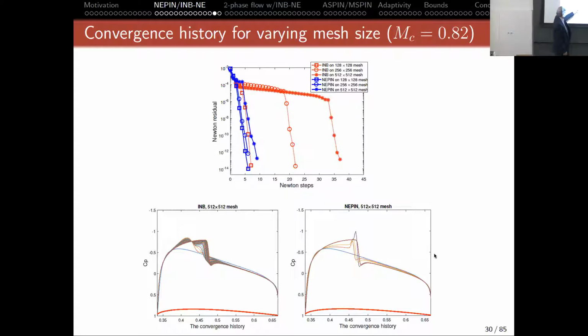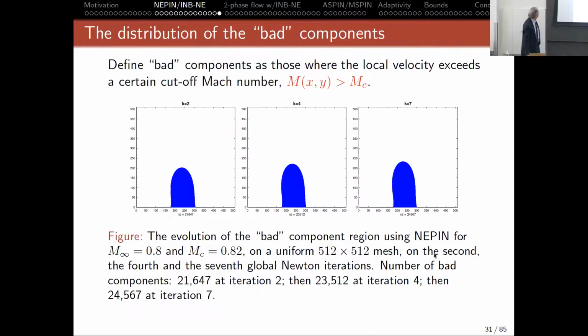A comparison of all the iterates: it's just sort of walking 1 mesh point at a time per Newton correction, throwing away all the work of all those global linear solves, walking a mesh point at a time instead of just finding the shock and converging. And these are on Newton steps 2, 4, and 7, the points that it identified as bad points. So, a rather modest subset of the 2-dimensional field. Of course, if the mesh were adaptively resolved, it would be a bigger part of that subset. But you can get an idea that there's some efficiency in trading global Newton solves for these local ones.